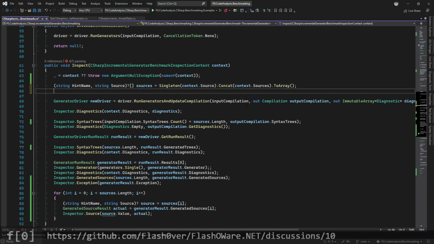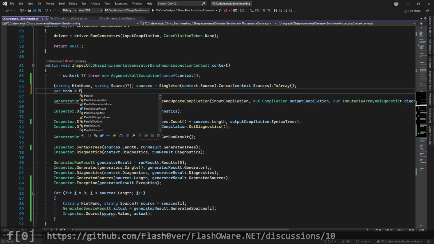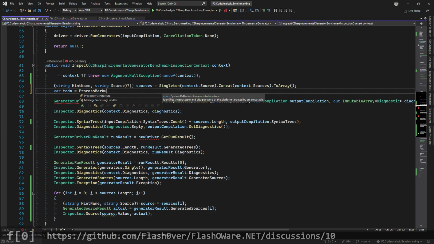So we could have a method, not sure yet, process markup text, process markup. We pass in the sources that we have, and we expect